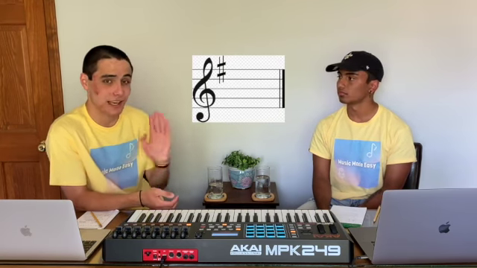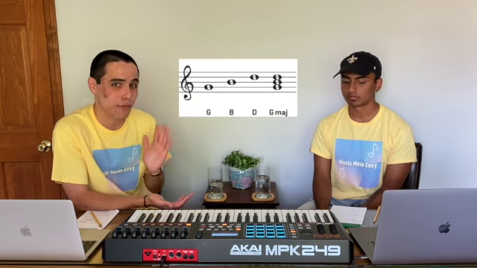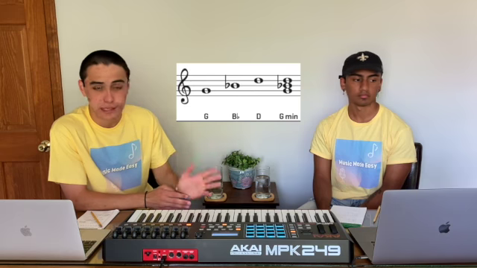So we have the G minor arpeggio we're going to be dealing with. For G minor, we're going to look at the parallel major, which is G major. The first 5 notes you see are G, A, B, C, and D. Pretty simple. There's no sharps or flats. The one sharp that is in the key of G is the F sharp, but that's the 7th scale degree. We're not worrying about that at all. So we have G, B, and D as our 1, 3, and 5, but remember that's for the major triad. To make it minor, we flat the 3rd, bring it down a half step. That B then becomes B flat. So playing G, B flat, and D,